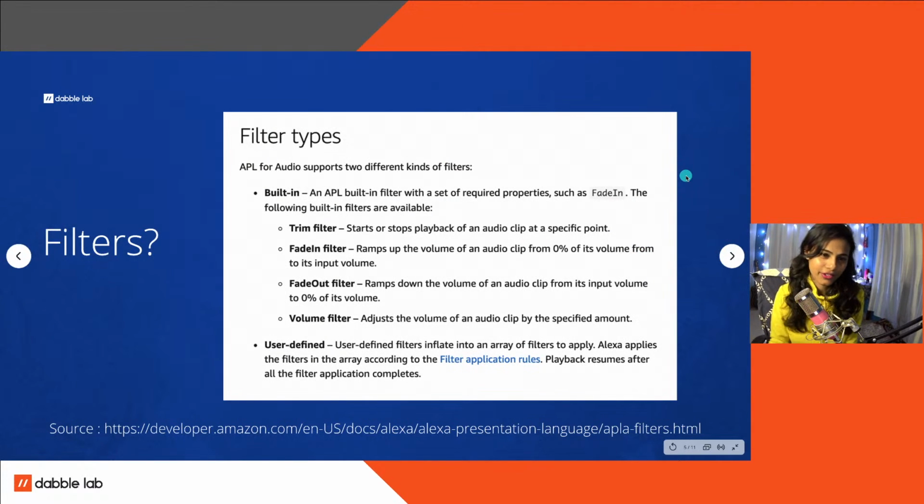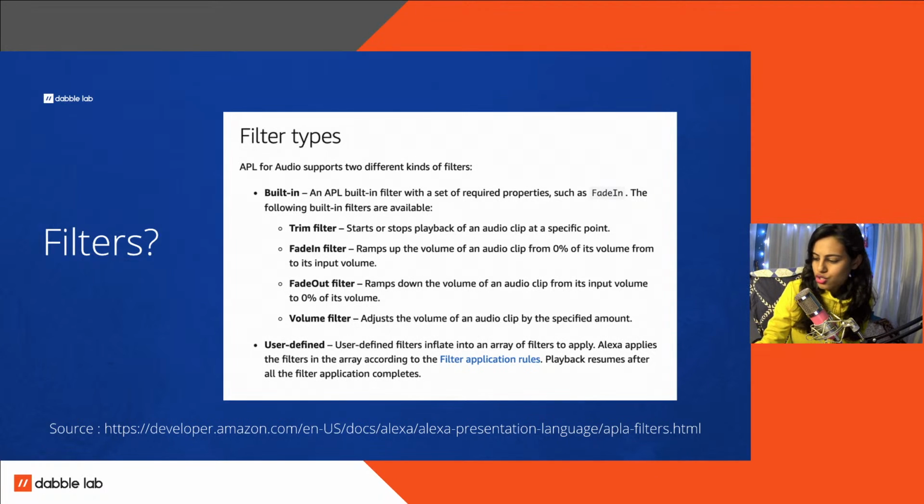So I was speaking about filters. These are the built-in filters that we have right now. And as I said, I was speaking about echo or something else someday. You can use these filters on the background clip or any of your clips. And you can maybe put the volume down, or raise the volume up, as and when you wish. So these are a couple of functionalities that you have inside a filter.